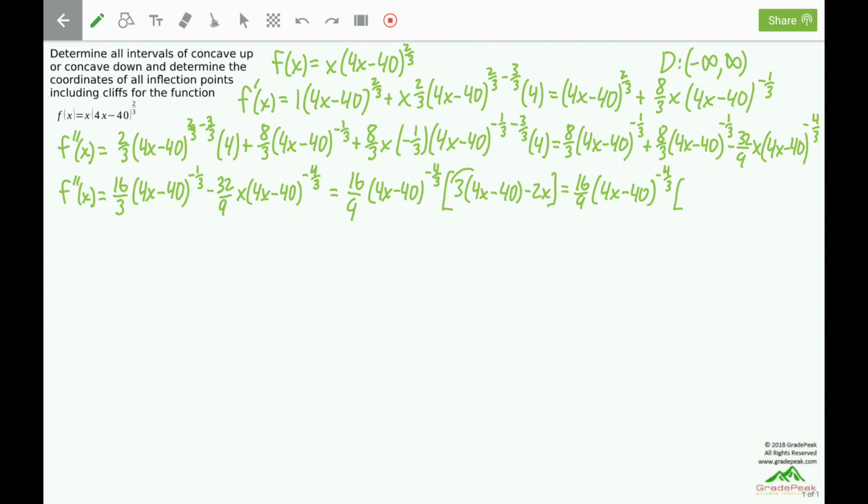Inside the square brackets, we can distribute the 3 in here. That'll be 12x minus 120. And then minus 2x. So f double prime of x equals, we have a 16/9, we have a 4x minus 40 to the negative 4/3,